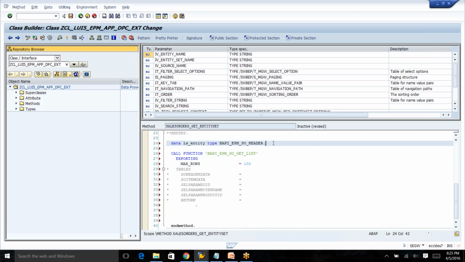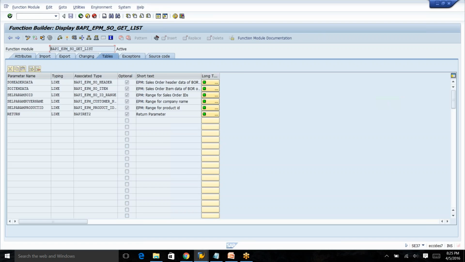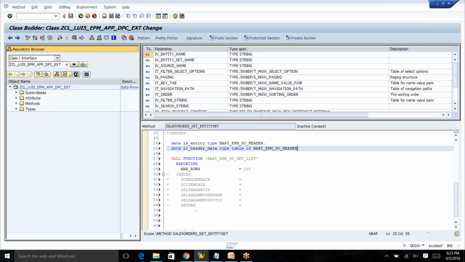And as for header data LT, I'm going to define an internal table. And I'm not going to